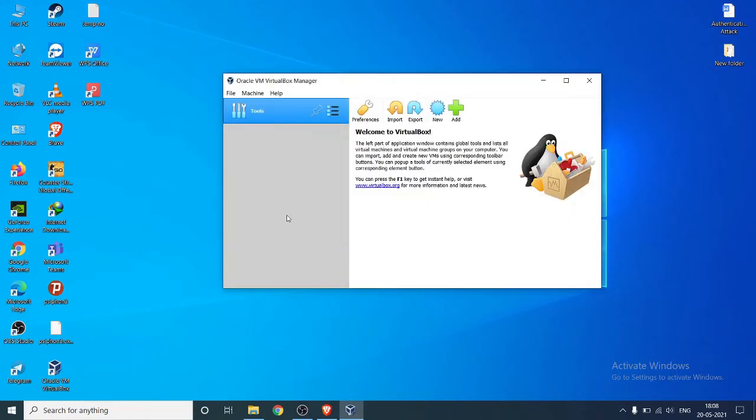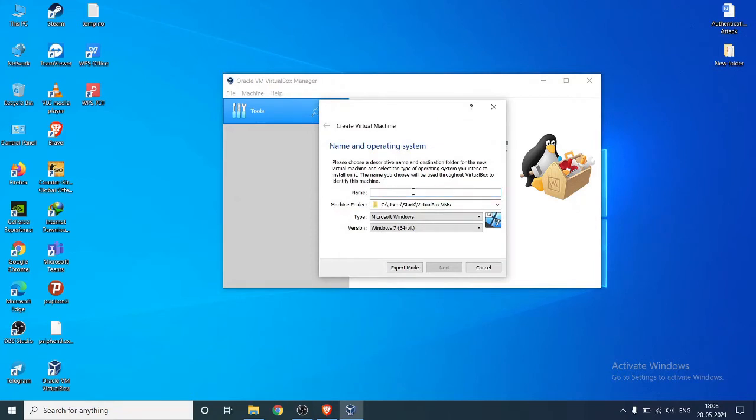Right now I'm gonna show you how to freshly install it from the beginning. You have to click on new first and name the operating system which you are going to install. I'm gonna install Kali Linux, and here is the machine location where the operating system is going to be installed, and the type of your operating system: Windows, Linux, Solaris, BSD.